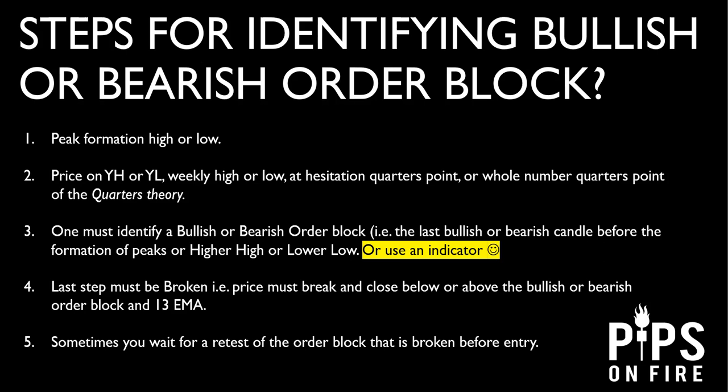All right, and it must be broken. Price must break and close above or below the bullish or bearish order block. Okay, it's often, depending on the time frame you're trading, it could be your 5 13 cross, it could be your 13, it could be a 50 EMA there, whichever one of those that you're using. It could be the high-low indicator. It could be a quarter point. You know, don't discount all those. That's all price action. Okay, it's all price action. So make sure you incorporate that. And